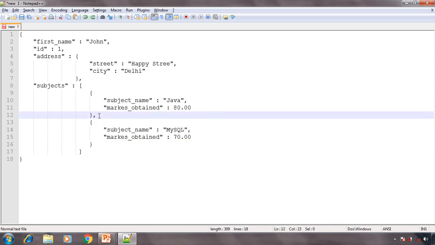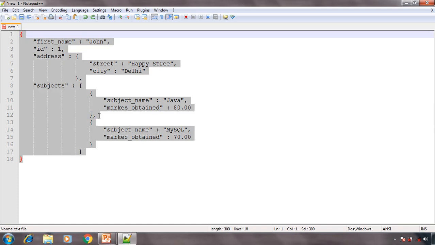The JSON data format is very strict. So for example, if you do not provide a comma over here, then it will give you an error, wherever JSON is used. So if you want to know whether your JSON is valid or not, there are a lot of tools available online. Just search Google for JSON validator and you will find many online tools.